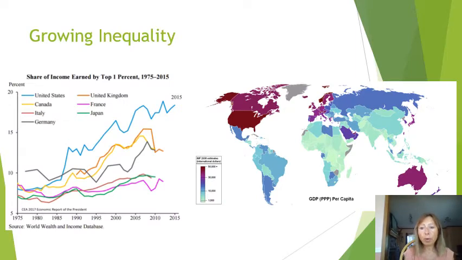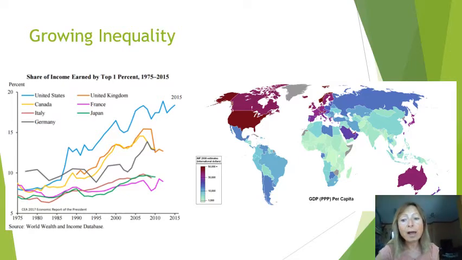As the population of the world continues to increase, we also see another trend, the trend of growing inequality. And this includes both the spatial distribution of wealth around the world and also the growing inequality among the nations and among the citizens within the nations. This map on the right side of the screen shows you the distribution of the GDP per capita, clearly showing that the share of different countries in the global economy and the distribution of wealth are extremely uneven. And this has a lot to do with our unsustainable way of living today.